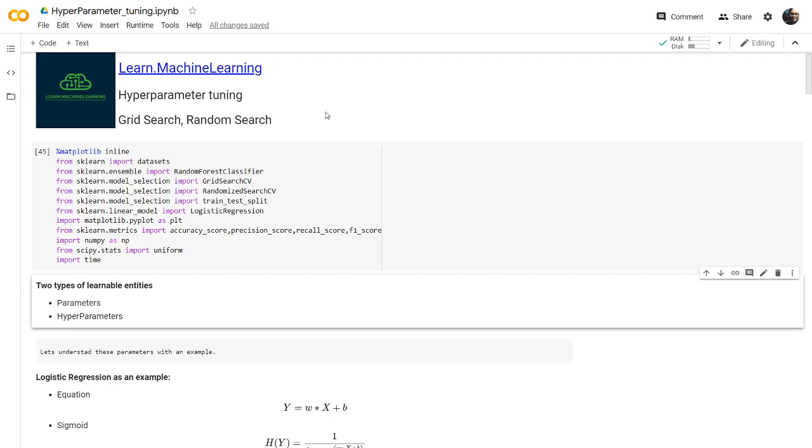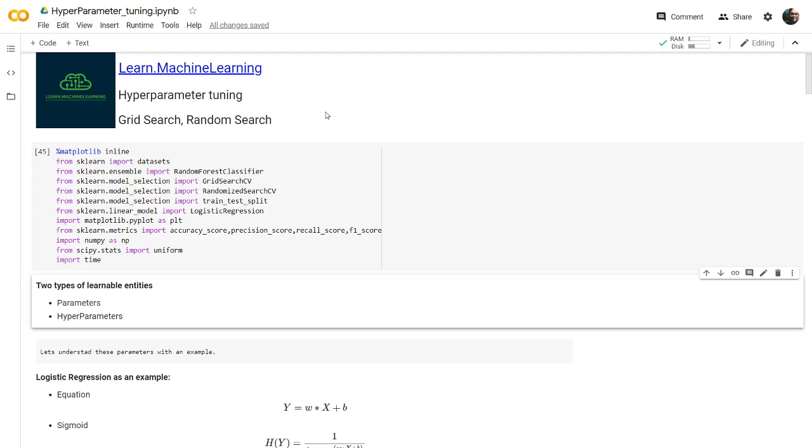And when we come to hyperparameters, these are entities which are set by the user before the starting of the training stage. Let's take an example like k nearest neighbors. In KNN, you will be giving the k parameter before the training starts. You will be defining k equal to 1 or 2 or 3 or whatever. You will be defining that before the training starts. That is what we call hyperparameters.